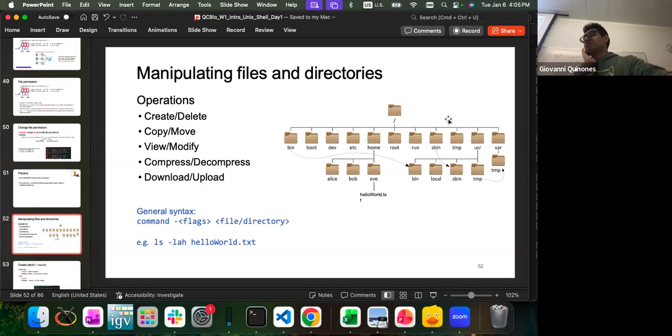I think there was a meme some years ago about deleting System32 from Windows. Is anybody familiar with that? Yeah, well, maybe I'm too old, but people were sharing this image: in your Windows computer, go to the terminal and type remove System32, and it will enhance the speed of your computer.